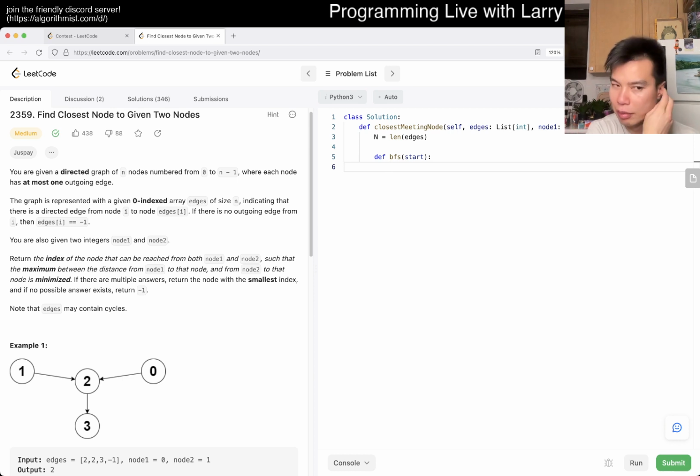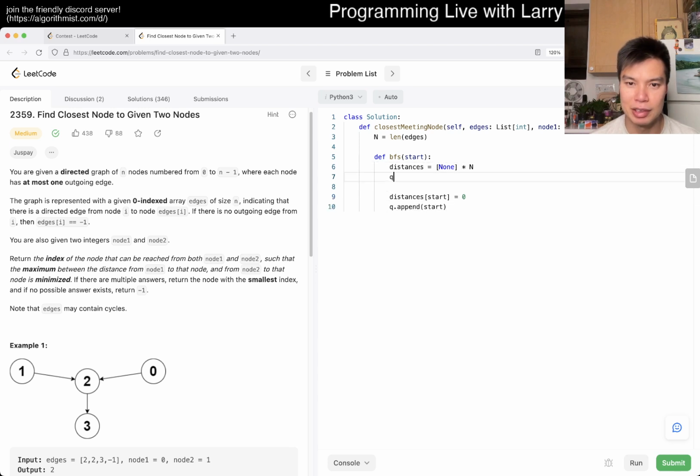I'm just gonna begin by writing it as a function, so then we can just return the results afterwards, right? So maybe I have distances equal to None times n, right? And then the distance of start is equal to 0. Q dot append of start, and you may wonder what is Q? Q is the collections dot deque, right? And then while length of Q is greater than 0, and this is very standard breadth first search. Actually, what am I talking about? You don't even